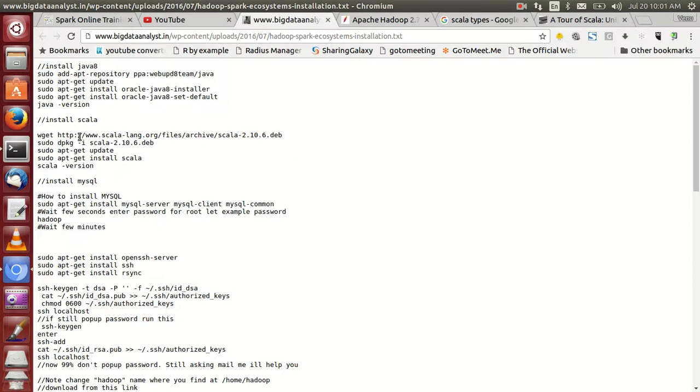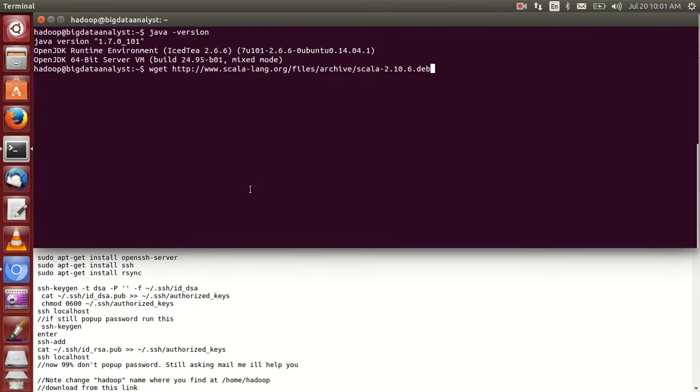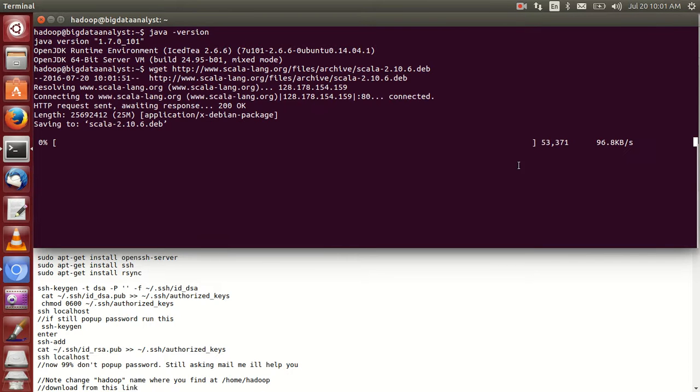Next, the second one, you have to install Scala. For that, simply download this one. Based on your internet, it takes a little time. I highly recommend using this mode.